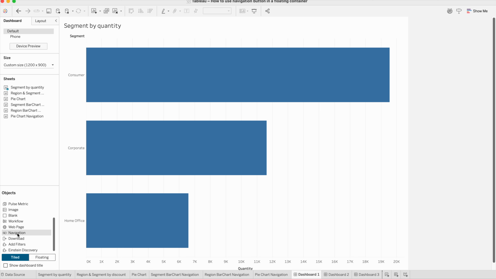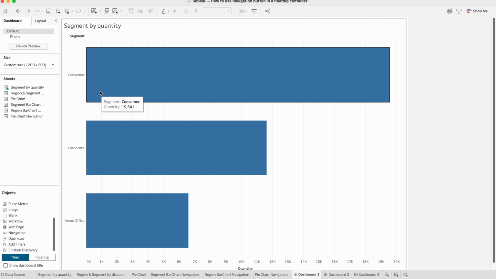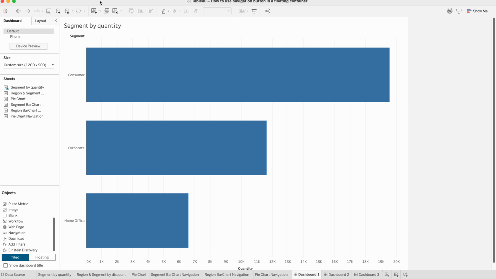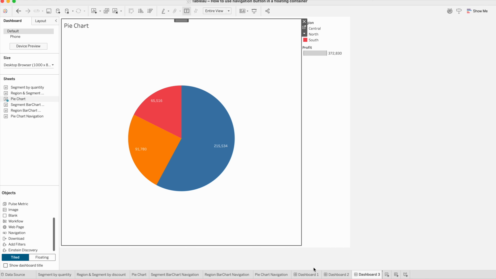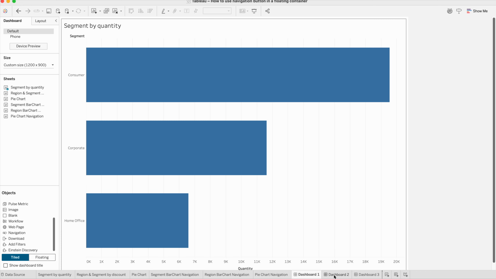Now, another way to implement a navigation button is using a sheet and using the go-to dashboard action. But since the navigation button is readily available, that's the first option we'll be exploring. So in this video, I have three dashboards, labeled dashboard 1, 2, 3. Usually this is not the best practice. You have to give it the best description, but for the purpose of illustration, I just created generic dashboards holding